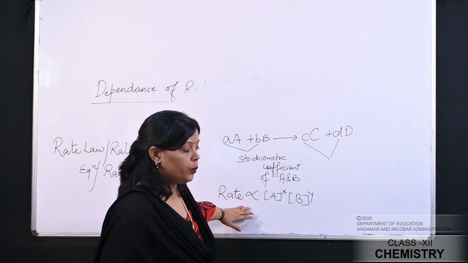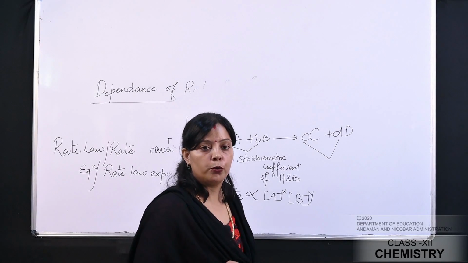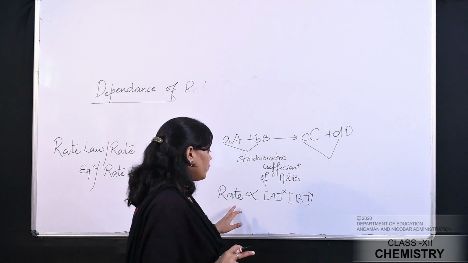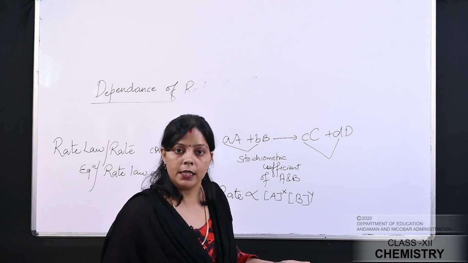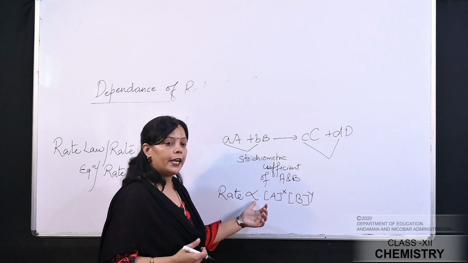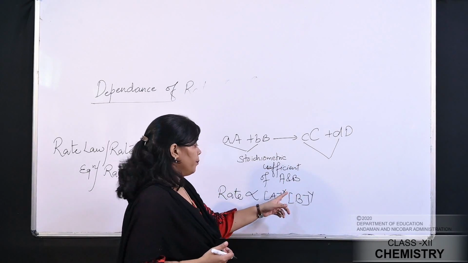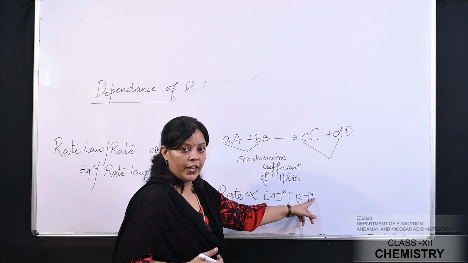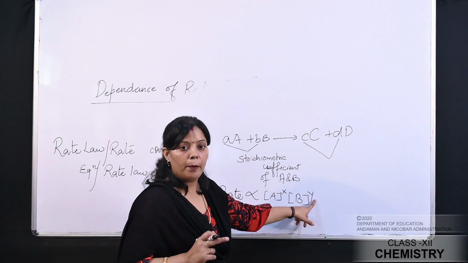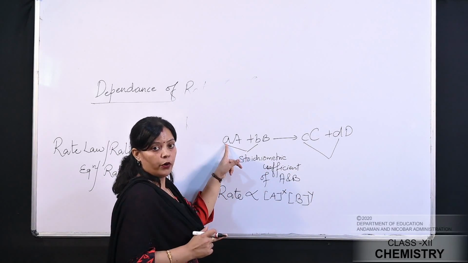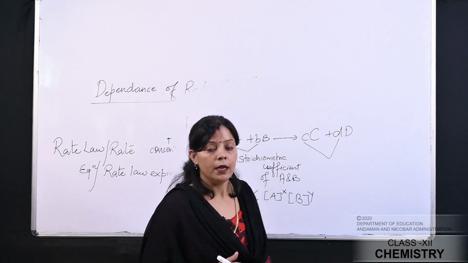As I have already explained, experimental studies show that the rate of the reaction is directly proportional to the molar concentration of the reactant. The rate of the reaction increases with increase in the concentration of the reactant, and decreases with decrease in the concentration of the reactant. It means the rate is directly proportional to the molar concentration of the reactant, with each reactant raised to some power. Here x and y are the exponents of A and B respectively. These two terms may or may not be equal to the stoichiometric coefficient of A, that is small a, and the stoichiometric coefficient of B, that is small b, respectively.